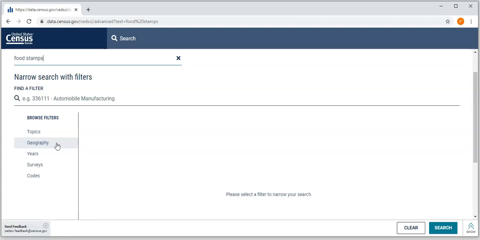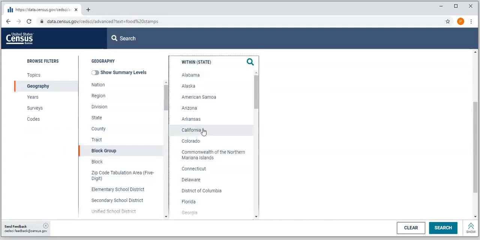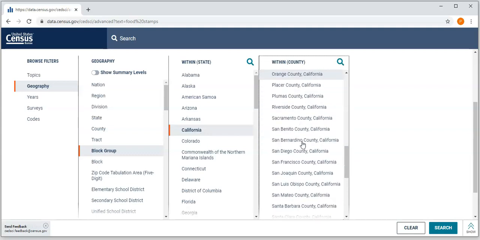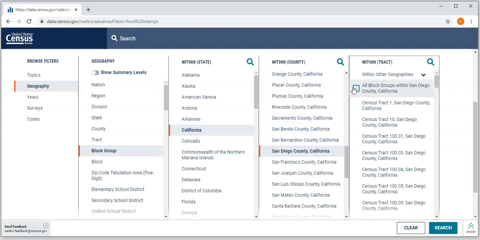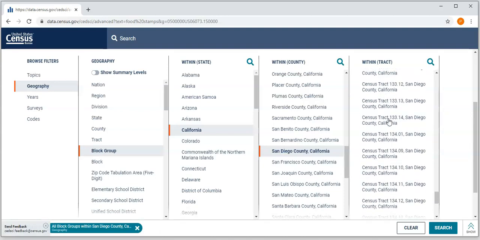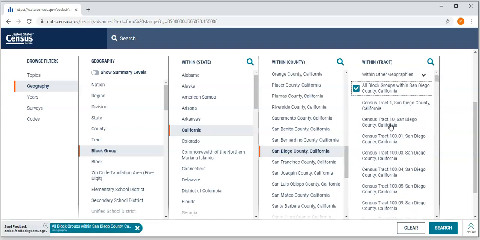So I'm going to click geography here and click block group and click California. And since I'm interested in the block groups within San Diego County, I'm just going to select all block groups within San Diego County. So as you can see in this list, there are a whole bunch of different block groups within San Diego County. And if I hit search here,